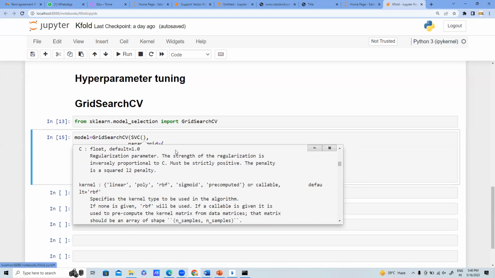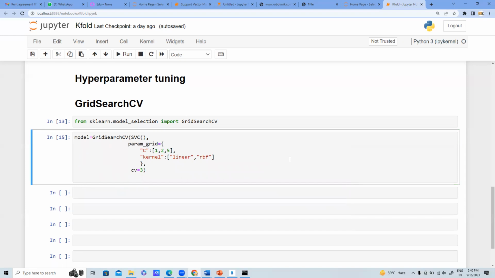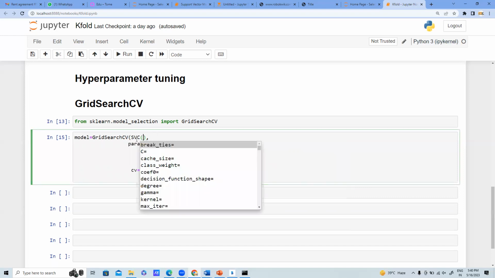So, I'm just using three of them here. If you want, you can use all of them or any of them. Okay, so I'm using these two here. In the same way, you can apply more parameter grids here also. Like we have